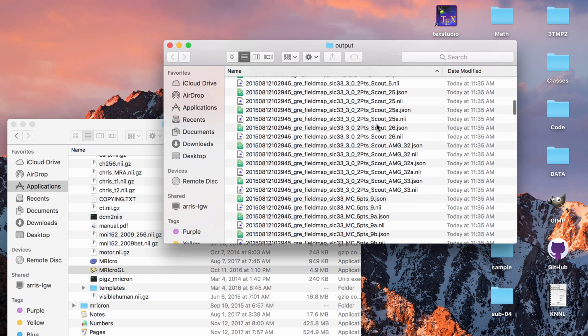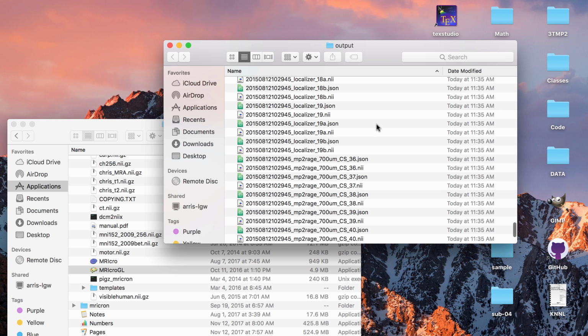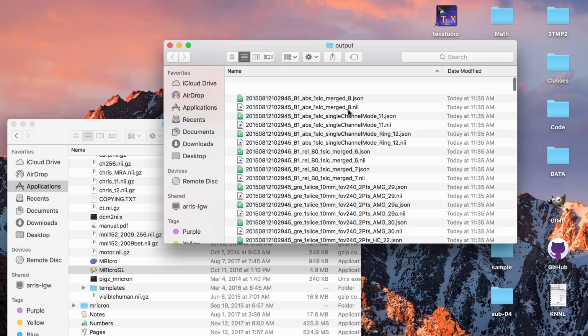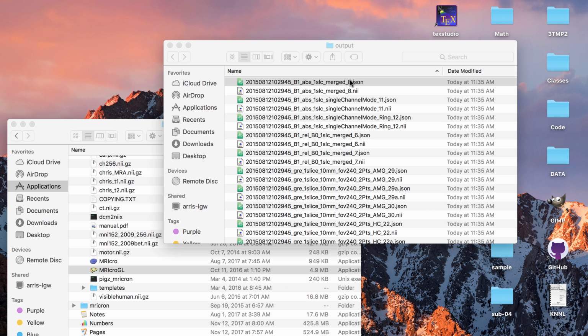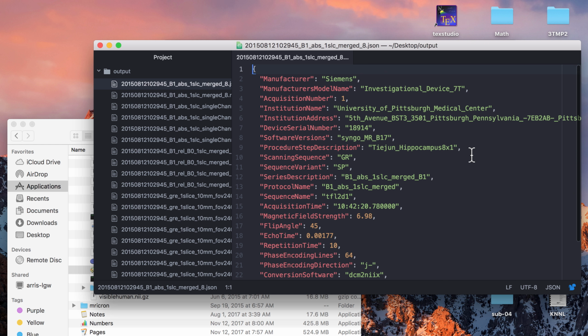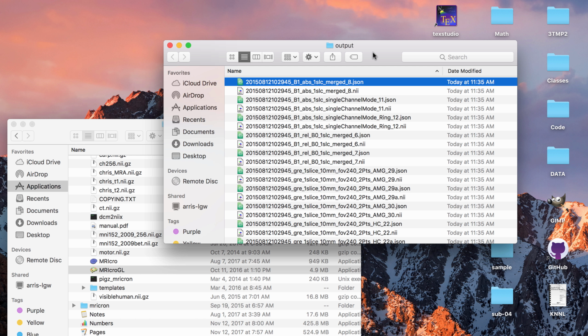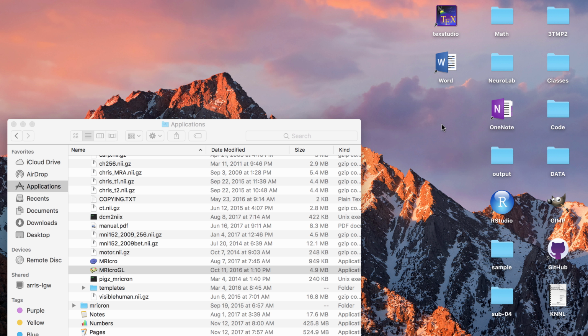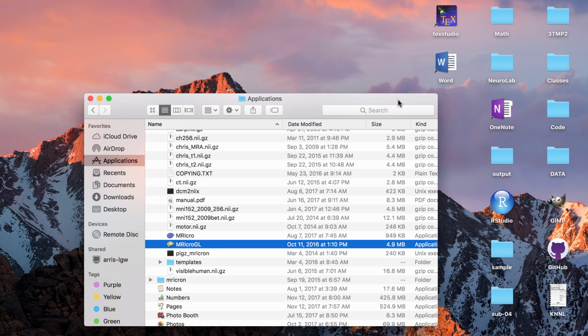When that's done, let's check the output in the output folder, and that now has nifties and it also has JSON sidecars. So let me just open up a sample JSON sidecar so you can see that it has a bunch of metadata. Some of those tags from the DICOM header you won't need when you're pre-processing, but some of them you will. So it just keeps all that information in those JSON files in case you do need some of it.